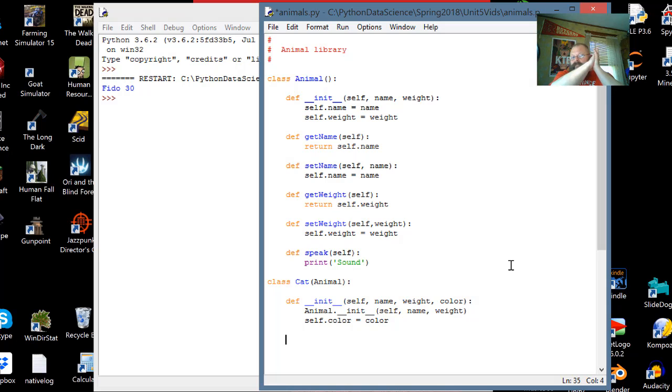Now, I've got to do a couple extra things. One, I've added a new instance variable, so I'm going to do getters and setters for it. I'm going to do get color, and all get color is going to do is return